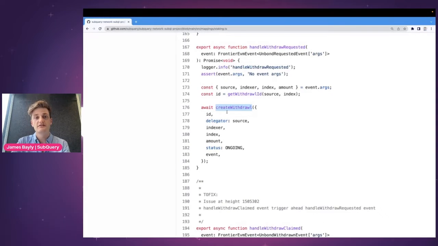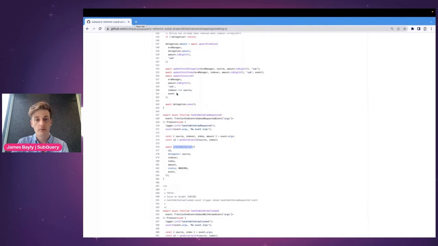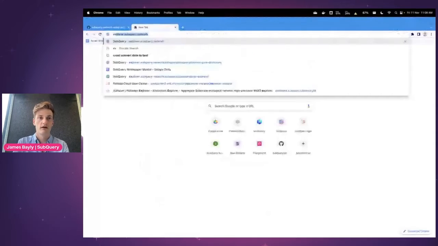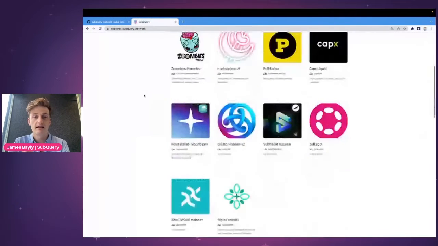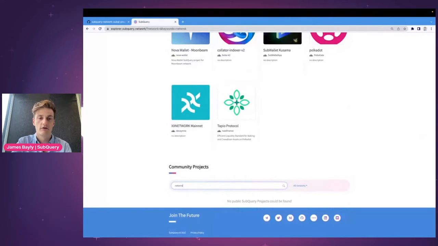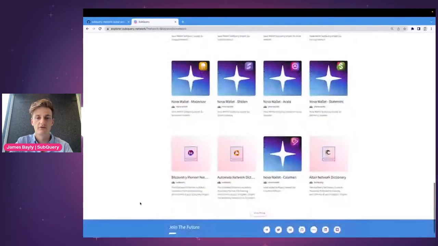But this will process the data according to these mapping functions. It will save it to a Postgres database, and then you can query this data. We have our own backend, but we also provide a managed service where you can upload this project. And there's many other projects in there. And you can rely on a managed service to then provide that.